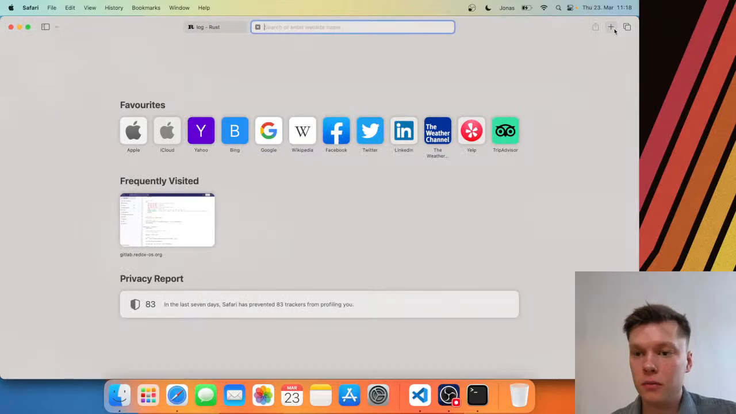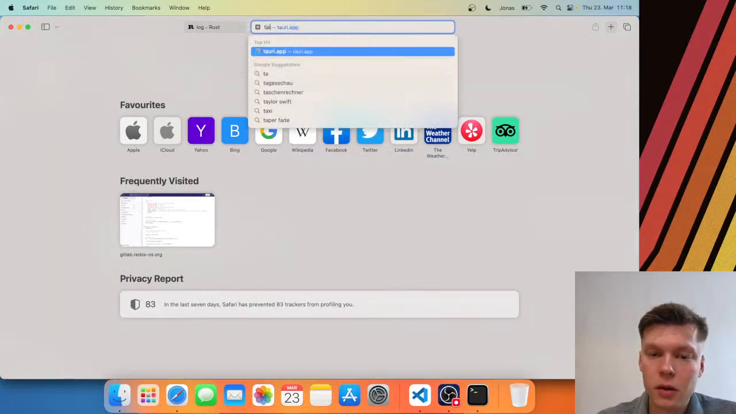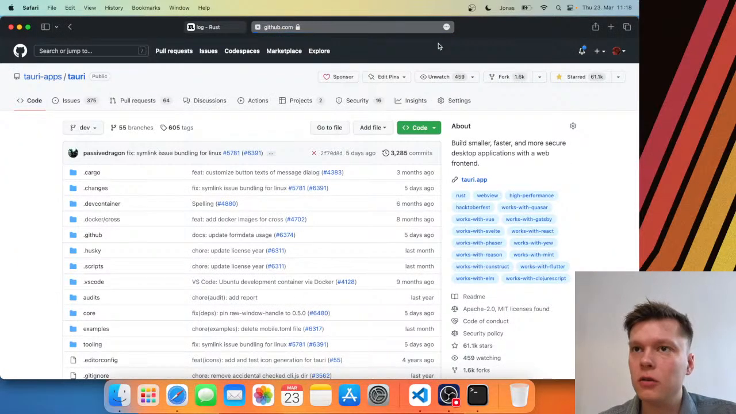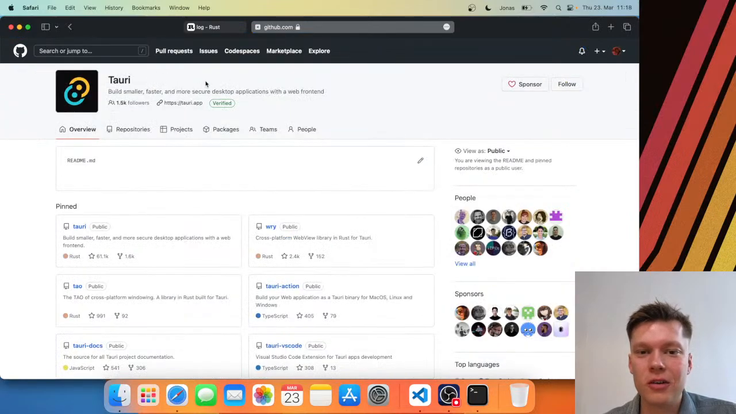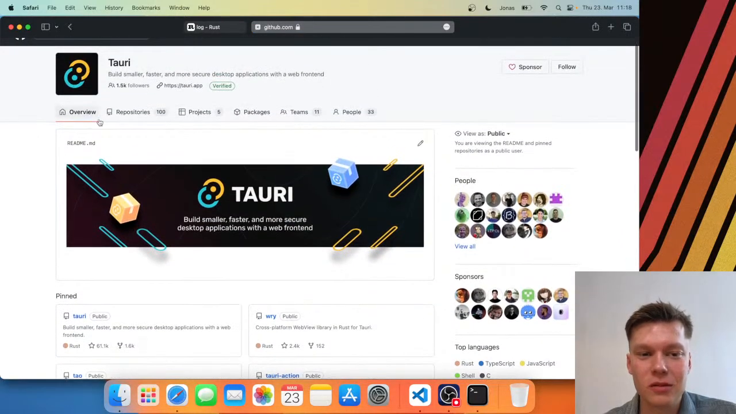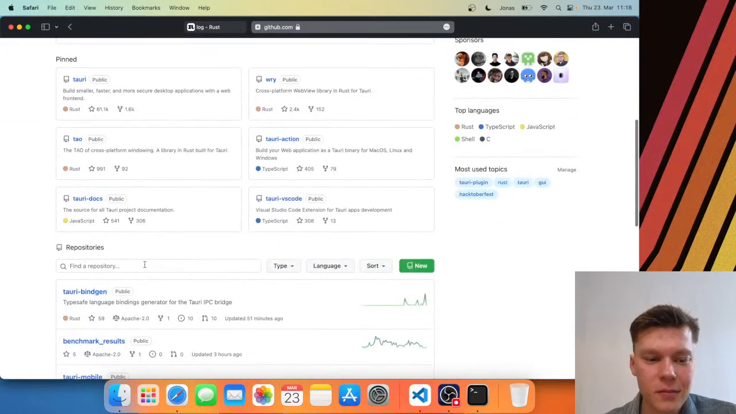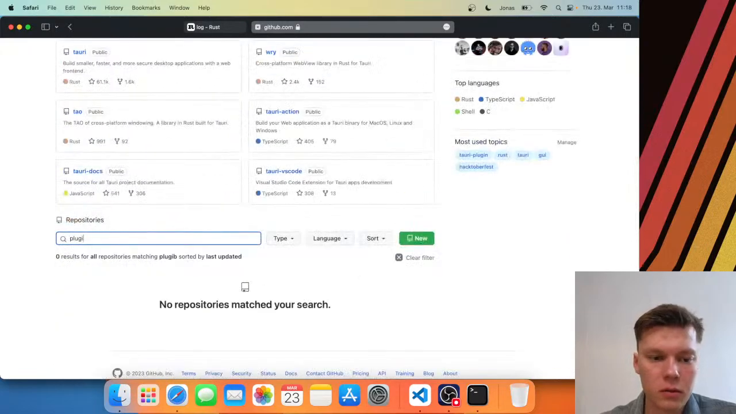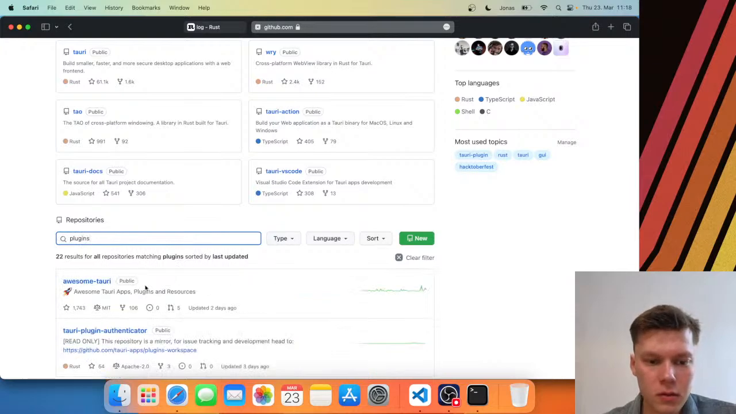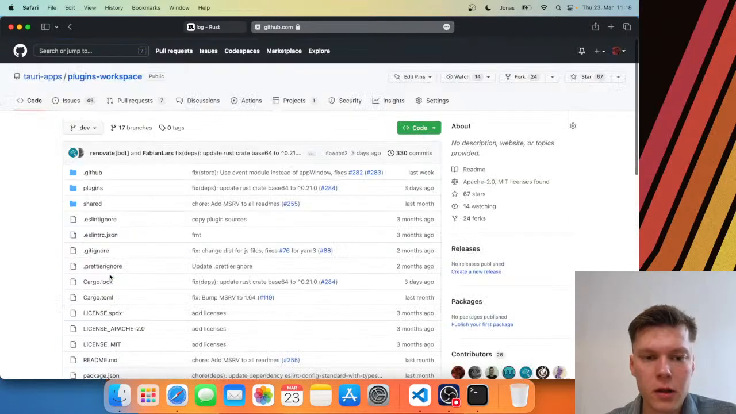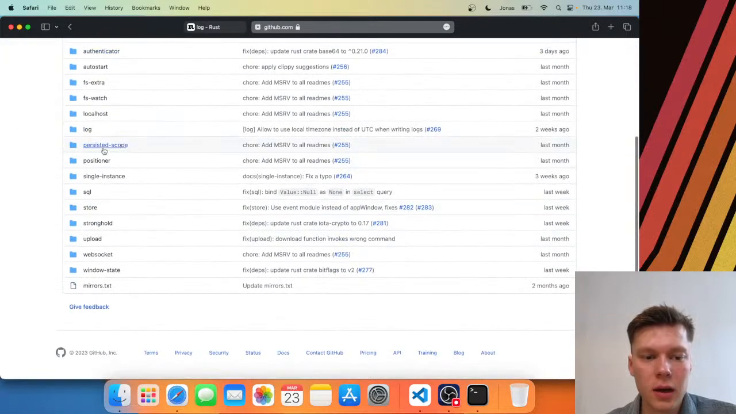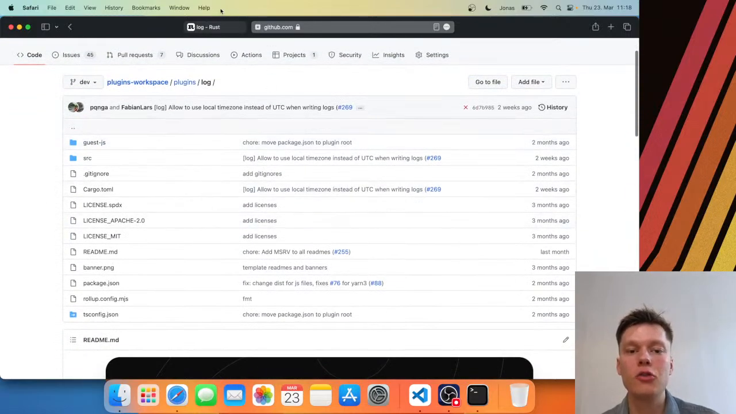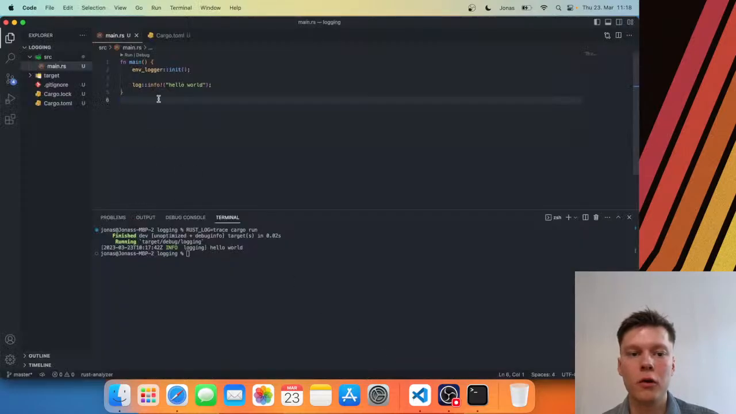So what we did for Tauri is, I always use this as a shortcut to get to GitHub. Just tauri.app, click the GitHub icon, and jump to GitHub. So where are our plugins? Plugins. There we go. So what we have is called the log plugin, which is basically a drop-in replacement for env-logger,